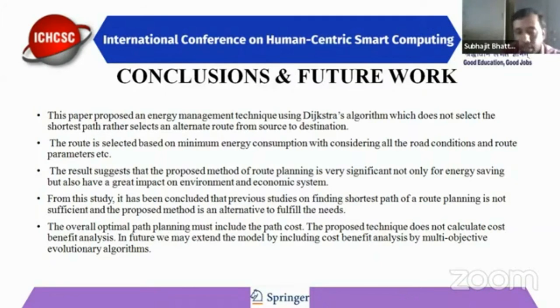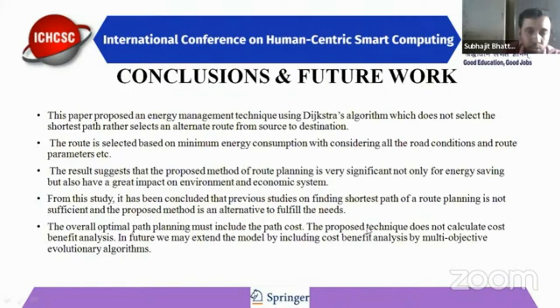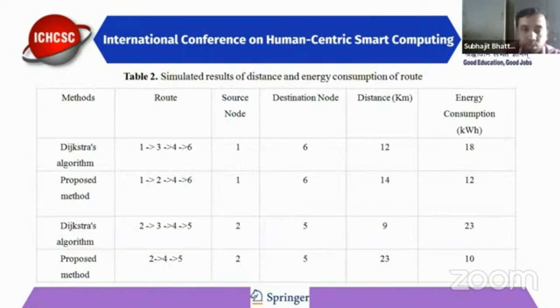Now, as you can see from this result, this is optimized. Here the distance is 12 and energy is 18; here the distance is 14 and energy is 12. In the future, we will try to extend this paper by applying a multi-objective evaluation algorithm, so that we can select which path to choose from the GA algorithm or another algorithm, so that we can